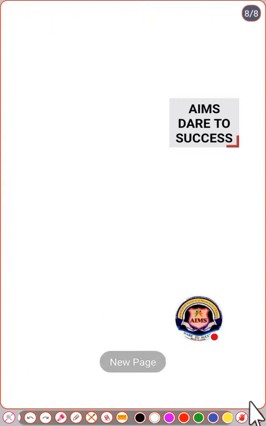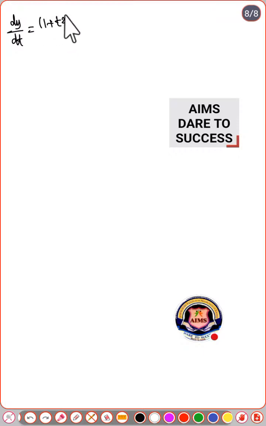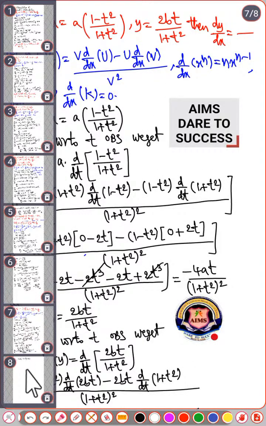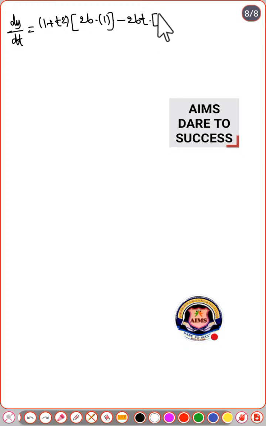Okay, after that a little simplification. dy by dt is equal to, here 1 plus t square same to same, after that 2b is the constant and the coefficient of t, so d by dt of t is 1, okay, close the bracket, after that minus 2bt into d by dt of 1 plus t square individually, first d by dt of 1 constant is 0,